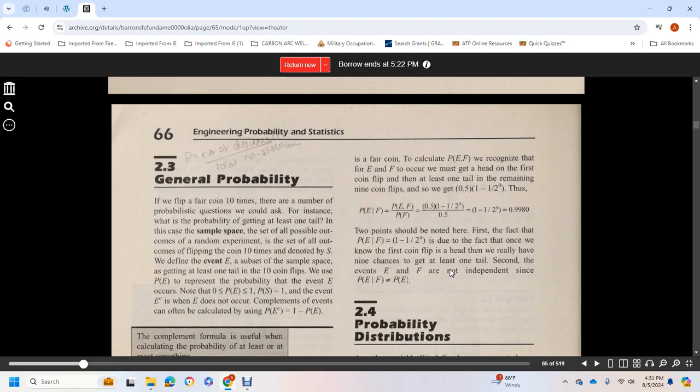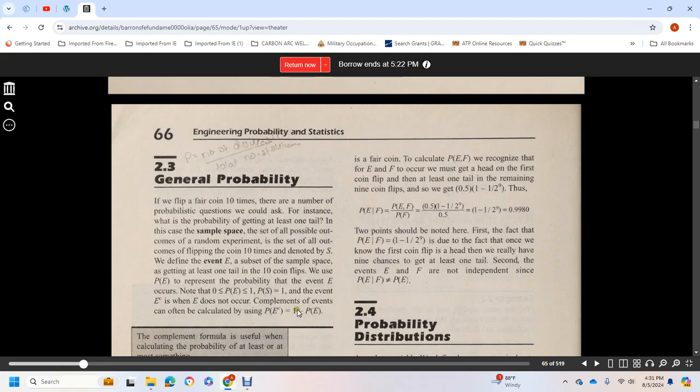We use P(E), the probability of the event, to represent the probability the event occurs. Note that 0 is less than or equal to P(E), which is less than or equal to 1. The probability of the sample space, all possible outcomes, is equal to 1. Either the event occurs or the event does not occur. The complement of the event can often be calculated as the probability of the event occurring equal to 1 minus the probability